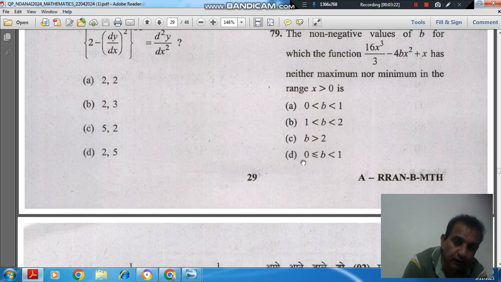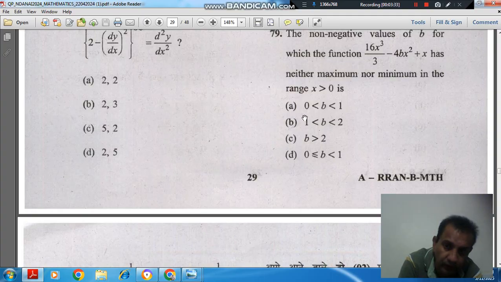The value of b should be greater than or equal to 0 and less than 1. So the answer is option B. The other option including 1 is option A, 0 to 1, but because at 0 it will also not have any maximum value, so this is wrong. And between 1 to 2 there will be real values, so it can have a maximum value. So this is also not correct. Answer is option